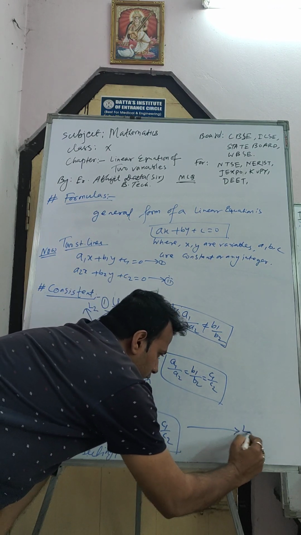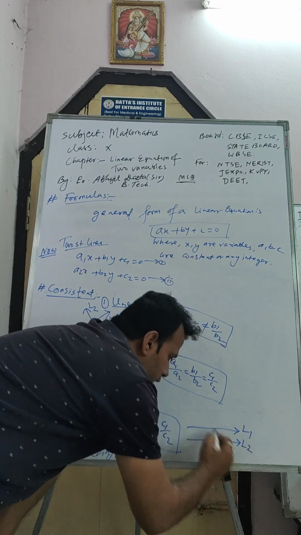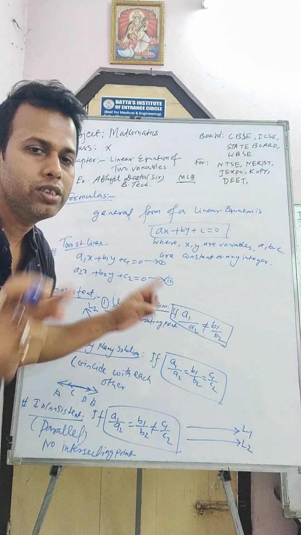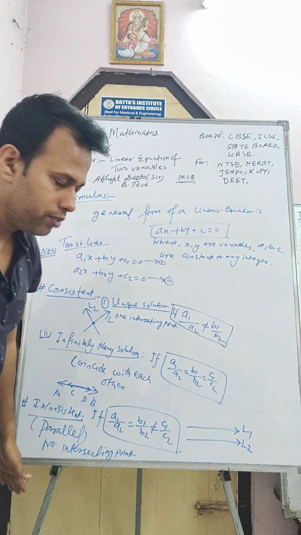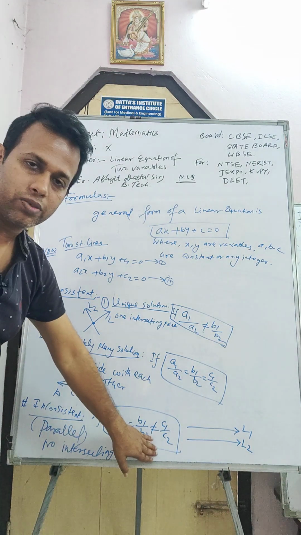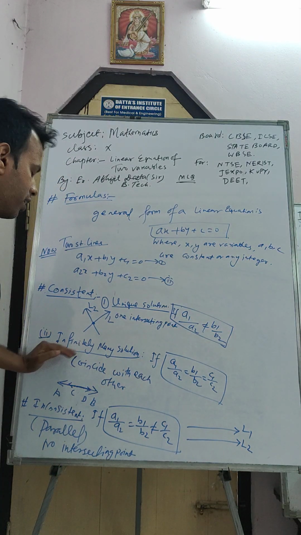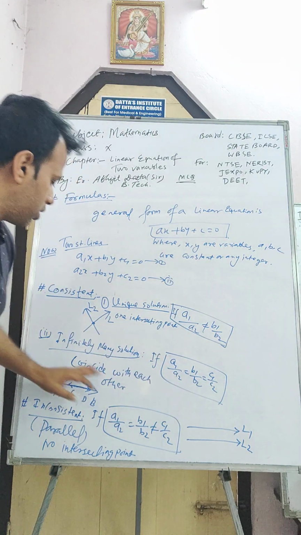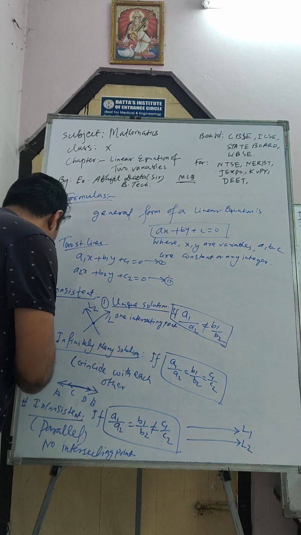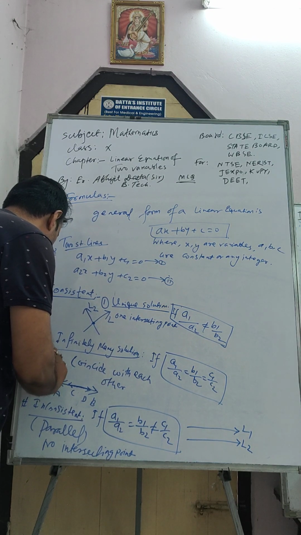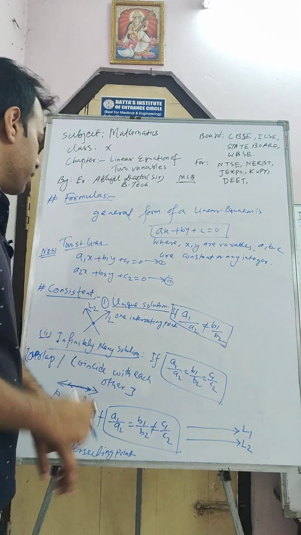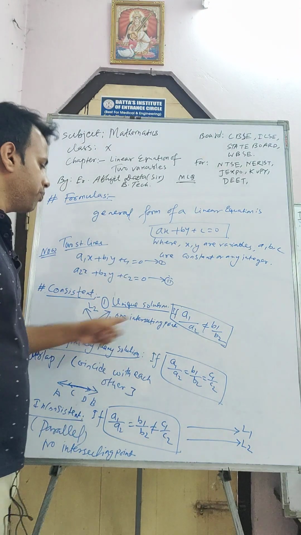Like this is one straight line L1 and this is another straight line. Two straight lines are parallel, that is, the distance between the two straight lines at every point is the same, so they never intersect each other, and in that case we can say the straight lines are inconsistent, or parallel. Infinitely many solutions means if this condition is satisfied, they are coincident, one upon another, overlapping. Unique solution: there will be one solution if they intersect, if this condition is satisfied.